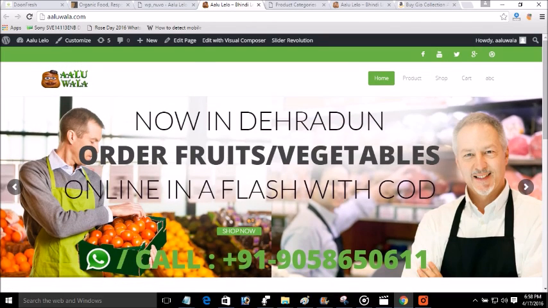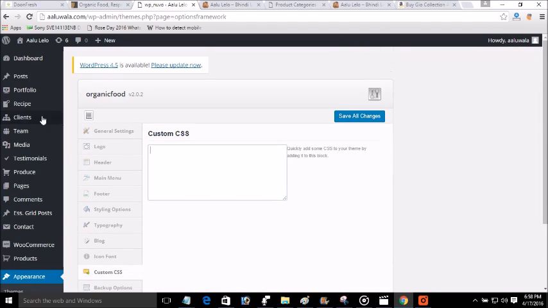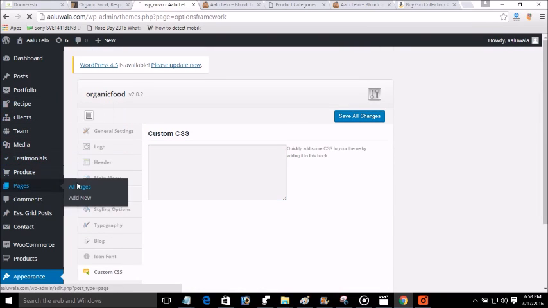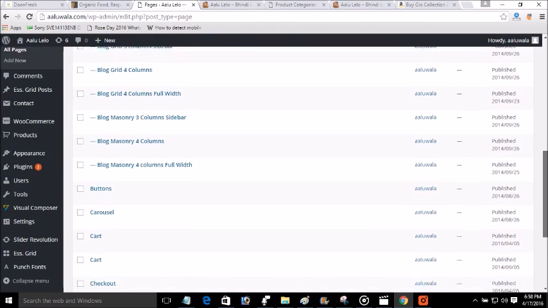So let's understand this home page, because everything works on the short codes in this WordPress theme. So get clear with this.